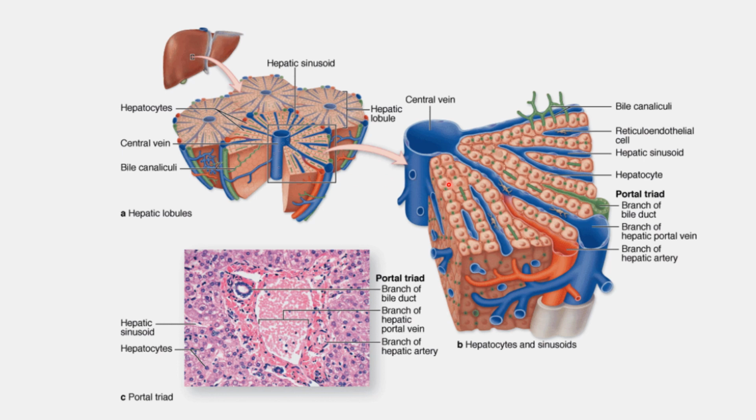This section shows the typical structure of the hepatic lobule. The hepatic lobule contains columns of hepatic cells, and at one end it shows the portal triad and in the center the central vein is present. Blood from the portal vein as well as the hepatic artery mixes inside the sinusoids. Sinusoids are lined by macrophages known as Kupffer cells, and hepatocytes synthesize and secrete bile into the bile canaliculi, and from the bile canaliculi bile is drained into the branch of the bile duct.